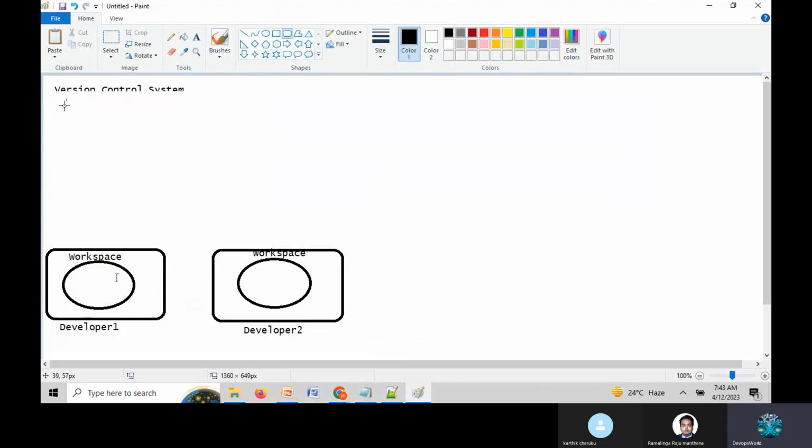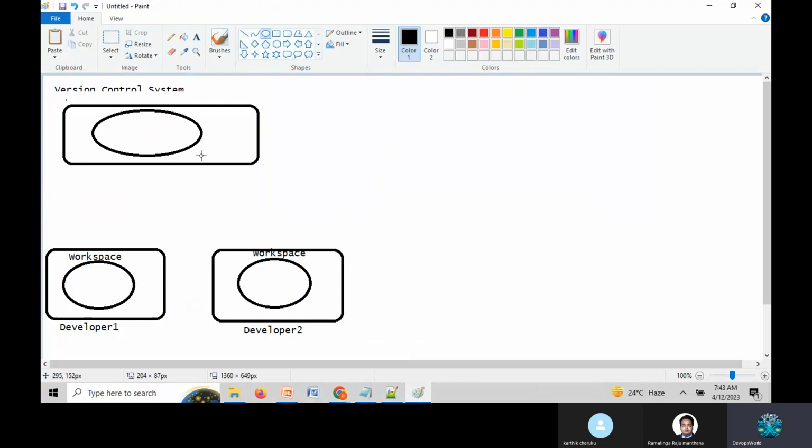So they create one remote server, and within the server they keep the repository. Please make sure this concept is correct.